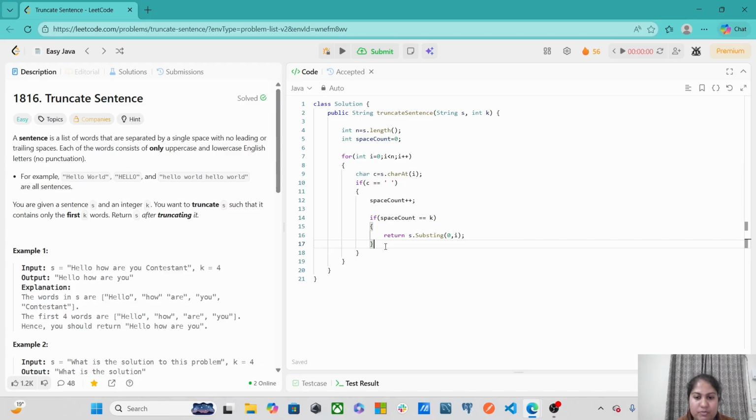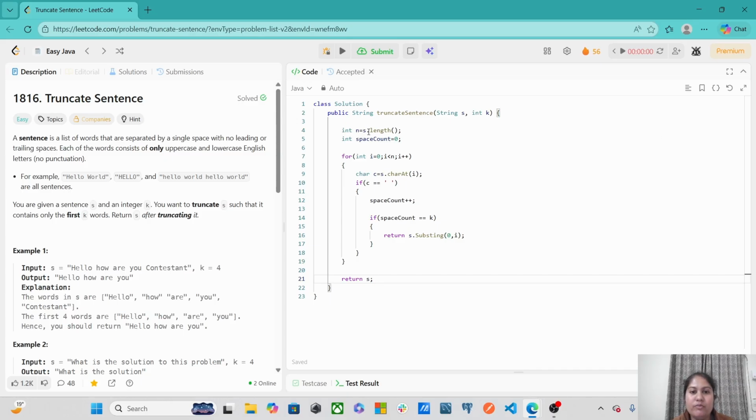There would be no space because it won't include that last index i in the substring. Otherwise, we'll return s. As I have told earlier, if we cannot get k spaces in our string s, that means there are only k words in our string s. So definitely we are going to return our whole string at the last.